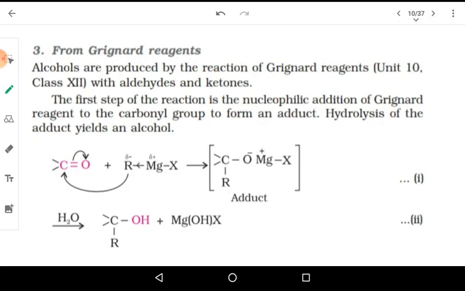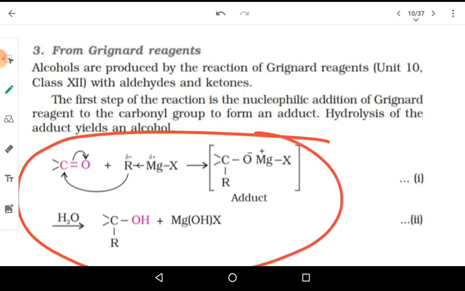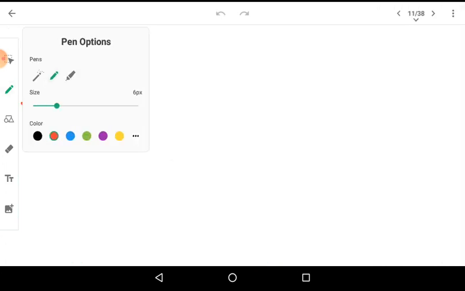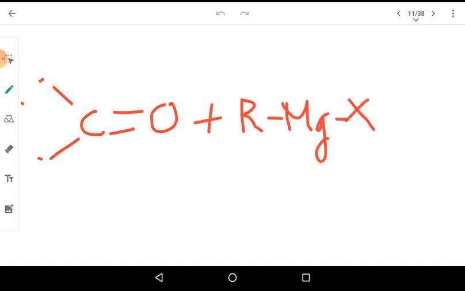Let us now move on to the most interesting compound, that is Grignard reagent. Now, there is a method for learning this Grignard reagent. If you learn the general mechanism, then it is very easy. If you learn this pathway, then for any compound you can attempt the questions easily. So I will tell you a simple trick for that. We have carbon double bond oxygen. Here we have one group, here we have another group. We are not specifying them right now. We are going to treat it with RMgX. This RMgX is an organometallic compound, and this organometallic compound is known as Grignard reagent.